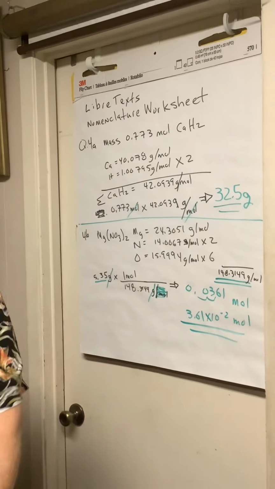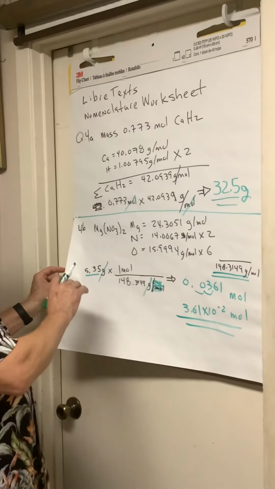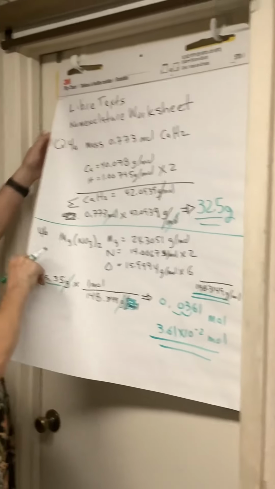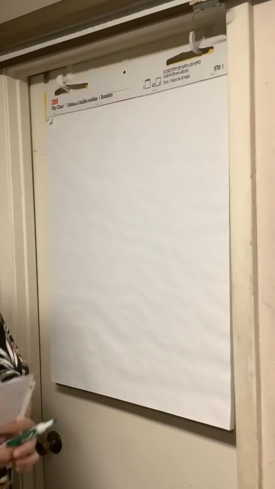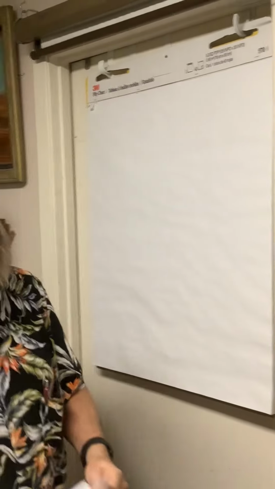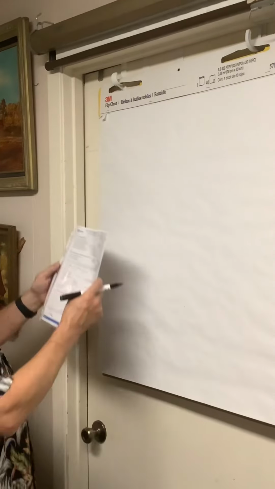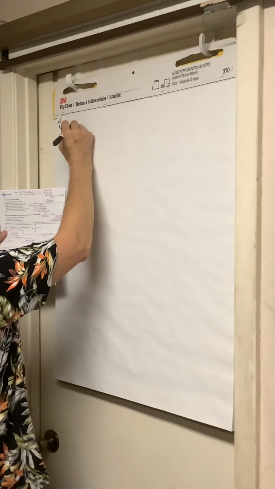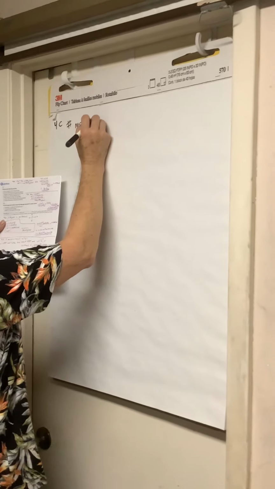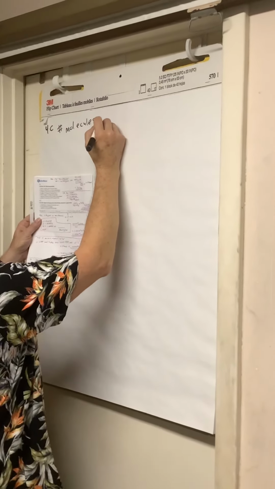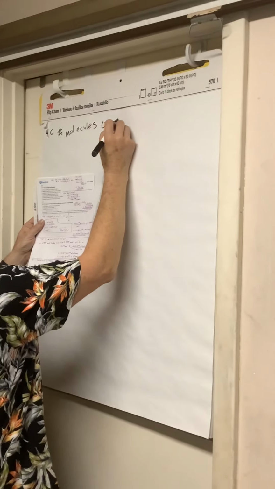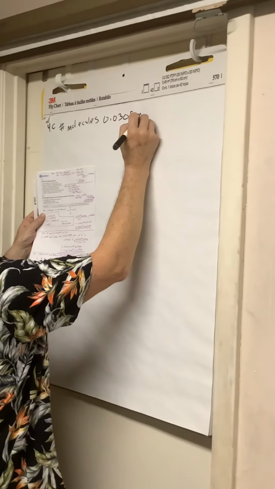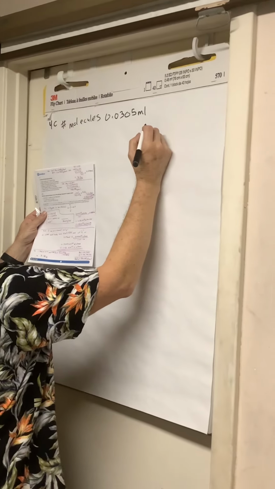We're going to go a little more slowly because I don't have the next few problems done out. So I'm going to write as I go. But I want to get through these as quickly as I can. Already done my calculations and everything. So for 4C, it asks for the number of molecules in 0.0305 mole of this compound